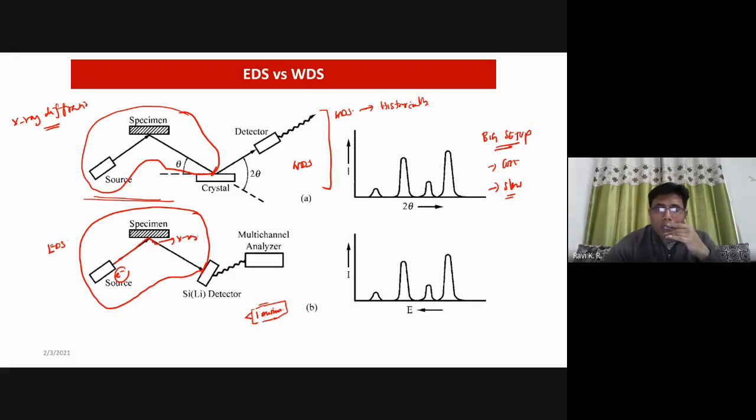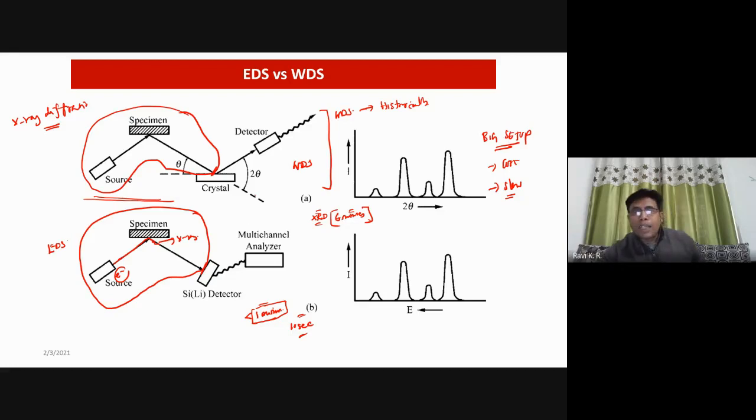On the other hand, if you want to do X-ray diffraction, let's say you want to go from the 2 theta value from 20 to 80, the fastest detector with reasonable quantitative information may require 6 minutes. This is what I'm talking about, the very recent equipment. If you compare the recent equipment at the same level, EDS you can do in 10 seconds. The best possible X-ray diffraction can go up to 6 minutes. Okay.